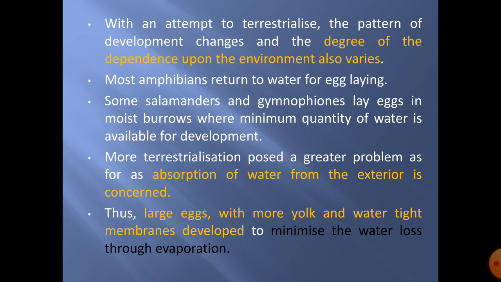And some salamanders, that is tailed amphibians, and gymnophions, that is limbless amphibians, lay eggs in moist burrows, where a minimum quantity of water is available for development. So though they have conquered land as far as living is concerned, for reproduction they do come back to